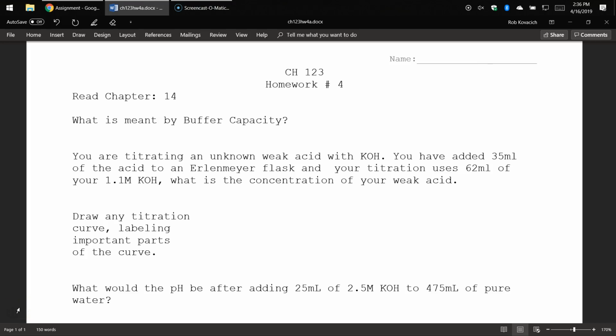What do you guys have for buffer capacity? Okay. You end up limiting, the buffer has a limit